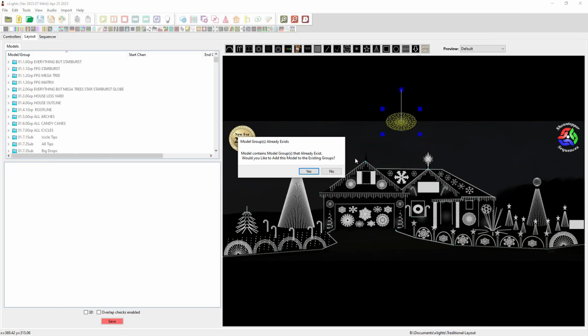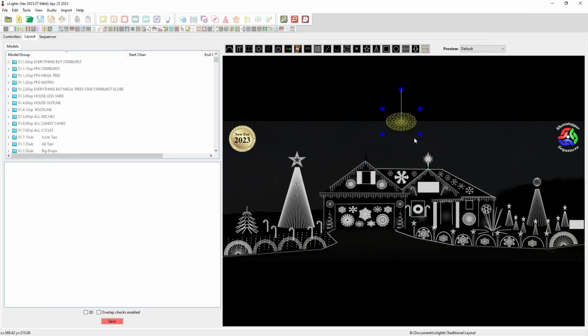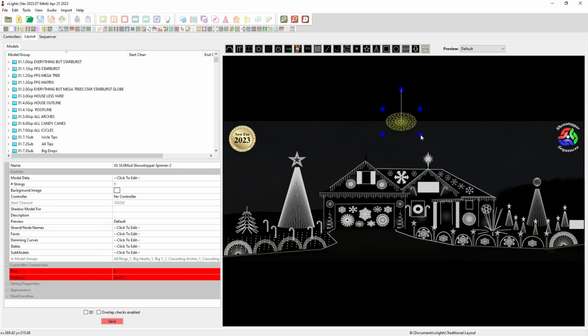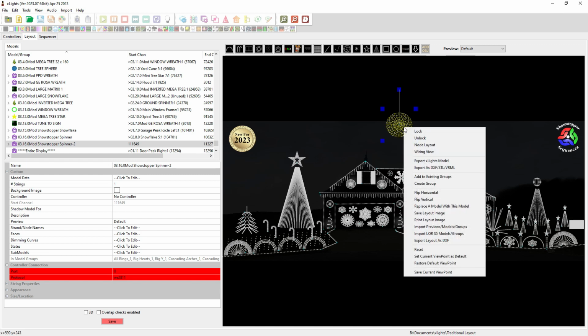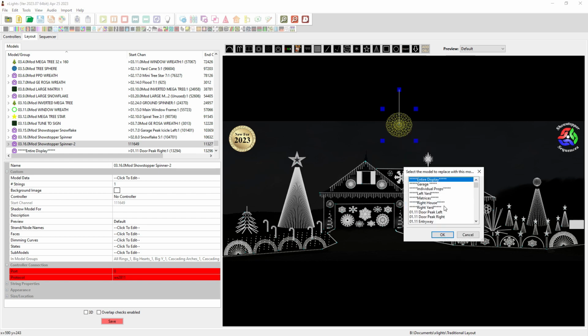It asked me if I wanted to add some to existing models. Since I'm going to delete that, I did not add those in. Okay, so now I've got that right there. So I can take this, and if I right click on it, you'll see here one of the options that you have is to replace a model with this model. All right, so if I replace that model,